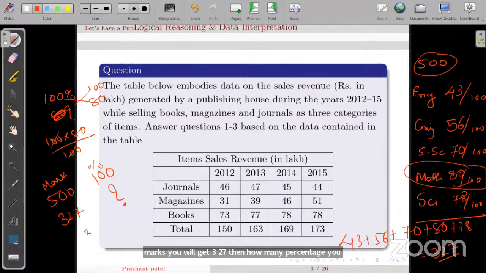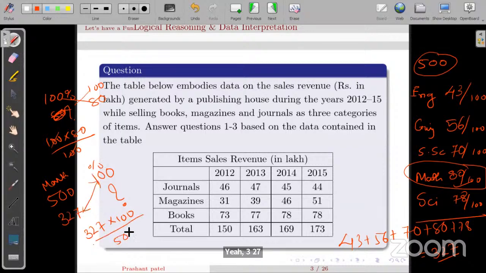Okay, so this is 327 multiplied by 100. So you have to do the cross multiplication here. 327 multiplied by 100 upon 500. So this 0 will cut. 327 divided by 5 you will need to do. So you can calculate now what is